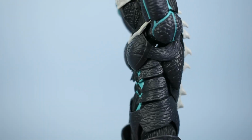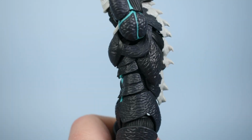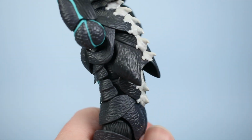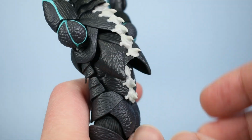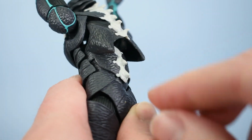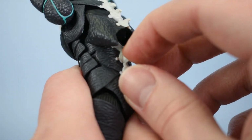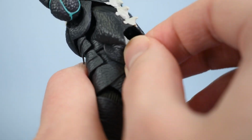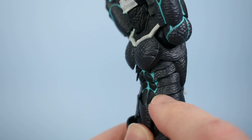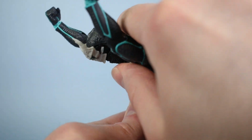At the torso, there are quite a few overlapping segments here. First, the back has a few things going on. This section is on a hinge, so this can hinge out a bit. And then this section is on a ball peg that also slides up and down, like it's slotted into a little sliding rail. So that can slide up and down, and then you get a little bit of movement on the ball peg. So it feels like there's a ball peg at the waist and then a hinge somewhere in the diaphragm. So all together with that, he can lean forward